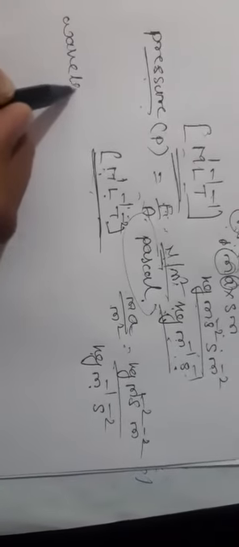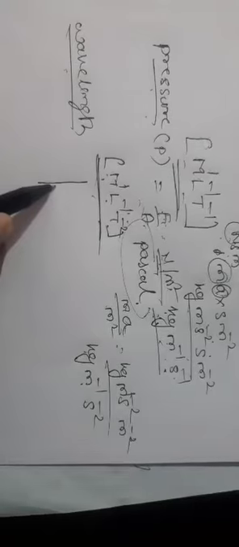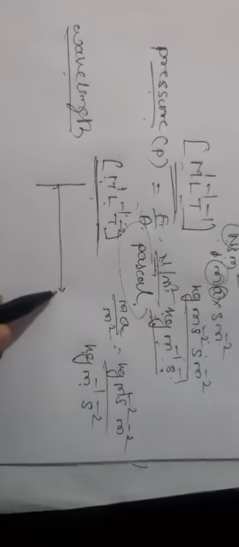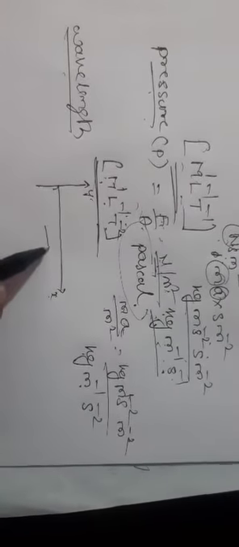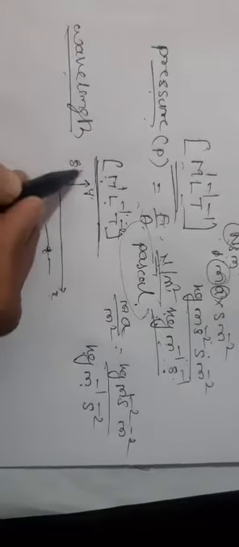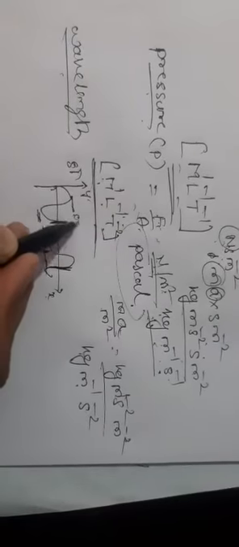Next one is wavelength. Wavelength means it is a wave. The graphical representation of a wave: the horizontal line is the x axis, with time on the x axis and displacement on the y axis. This is one cycle, this is the second cycle. This is called crest and trough. That means, what is the distance between two consecutive waves?